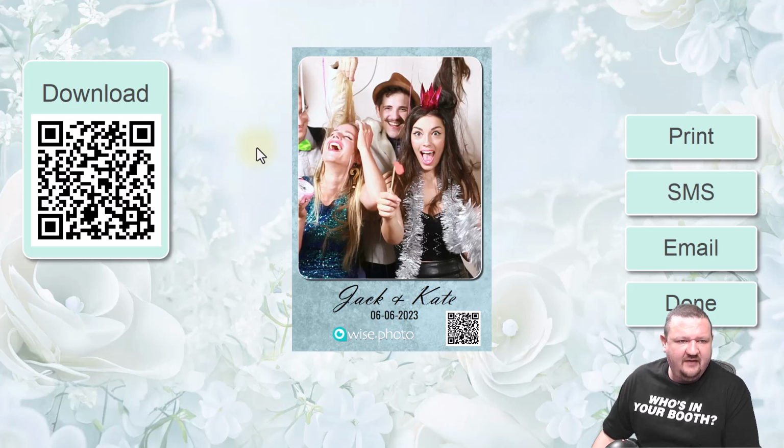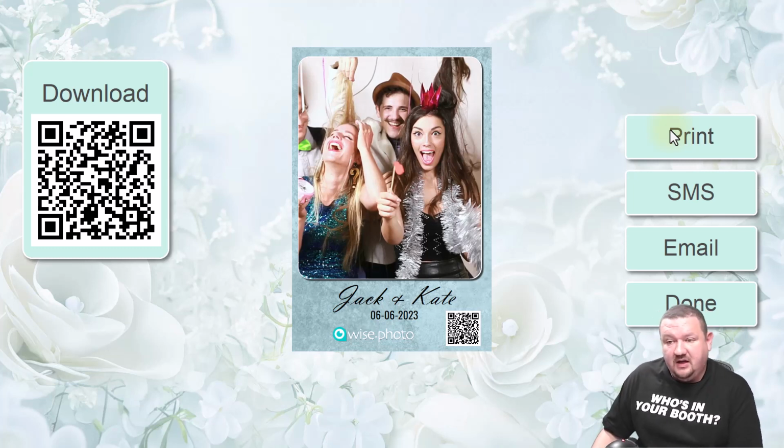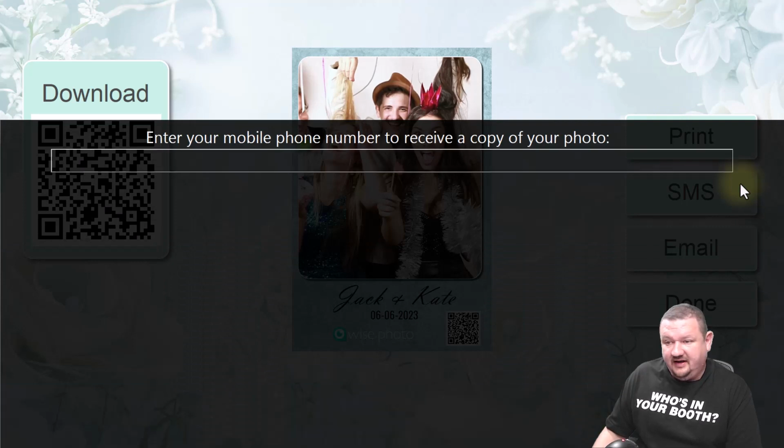So here we have the download code. Somebody can scan that and download their image. If they want, they can click print. It would then print out the image. This is a good way to enable a print opt-in or opt-out option. If they want to send it via SMS,